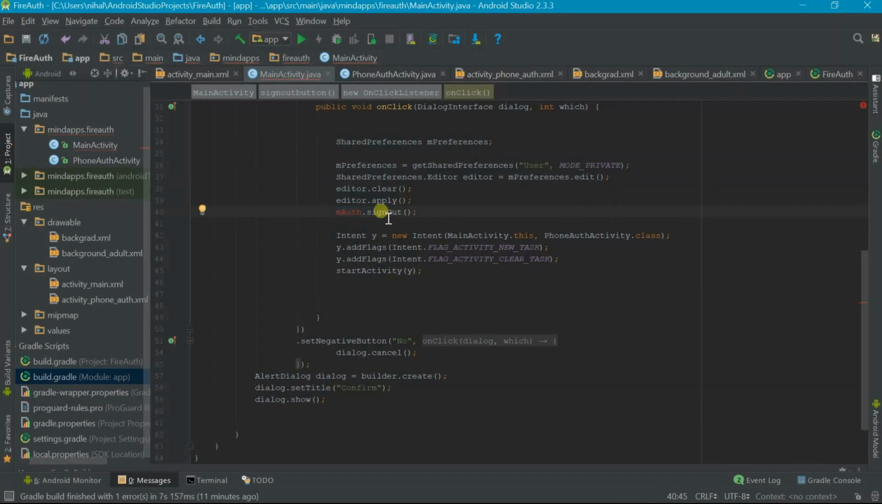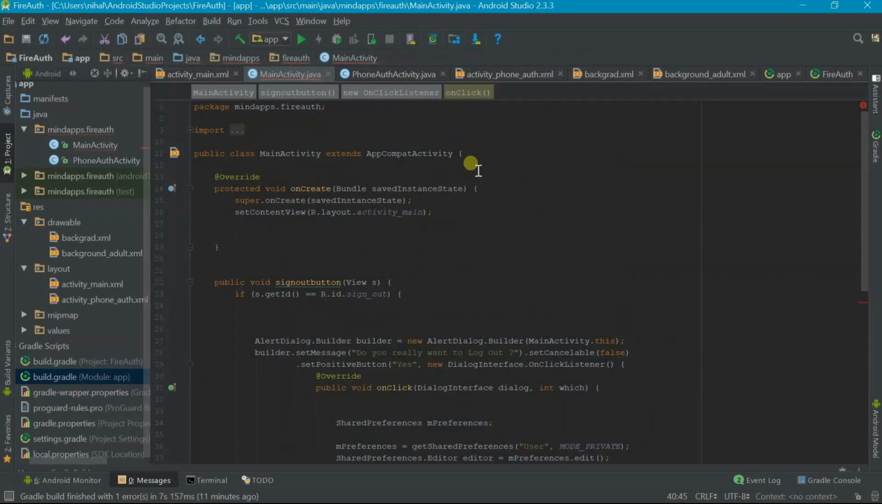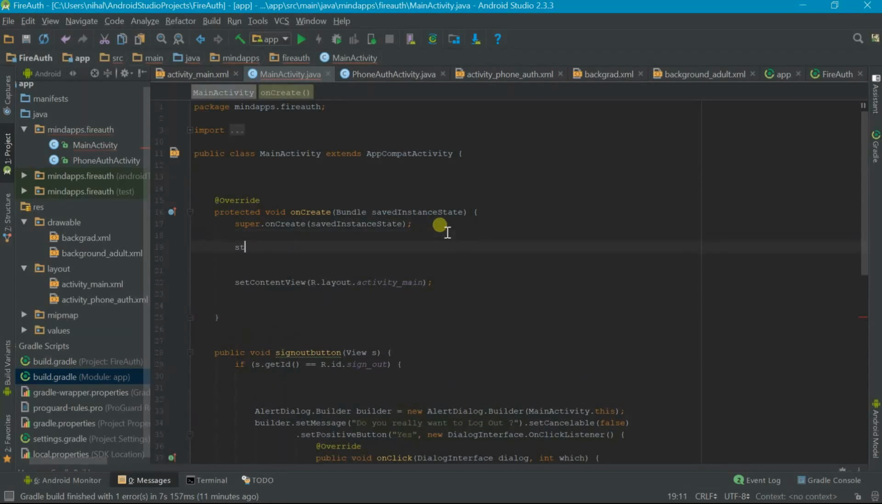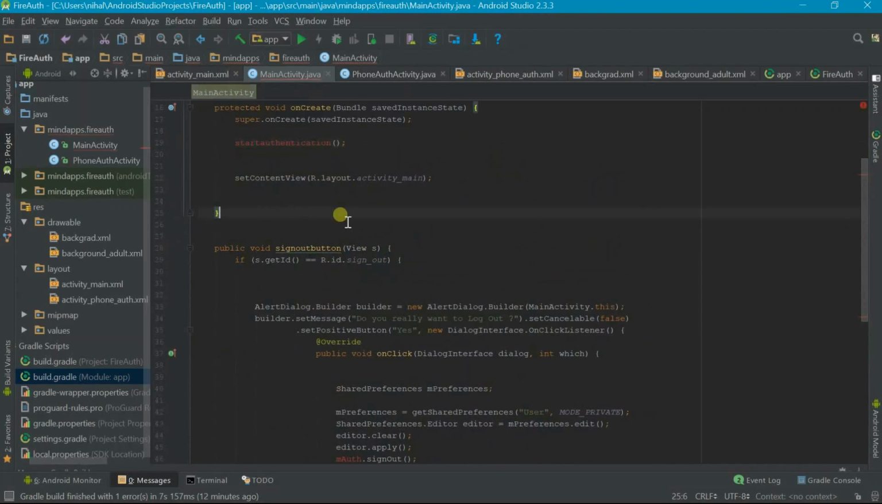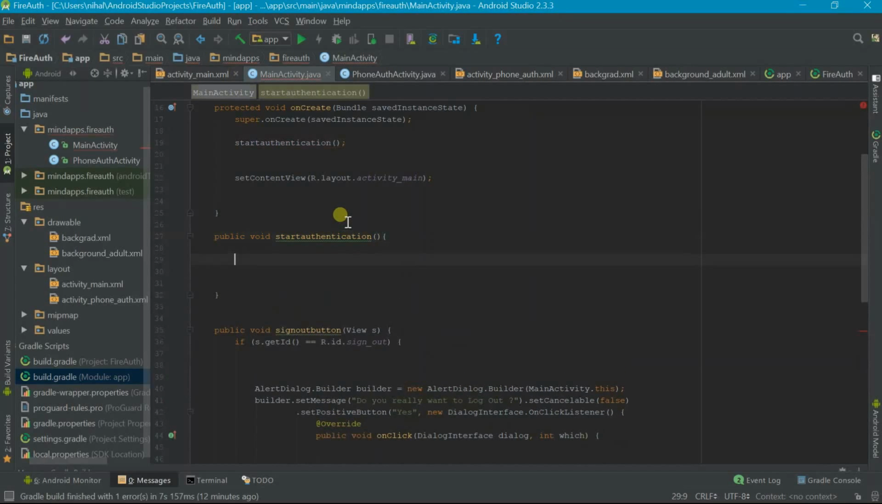But we have not created the instance of the Firebase authentication, so we need to do it first here. So what we can do is create a method here, startAuthentication. Okay, so this is our method, startAuthentication, in which